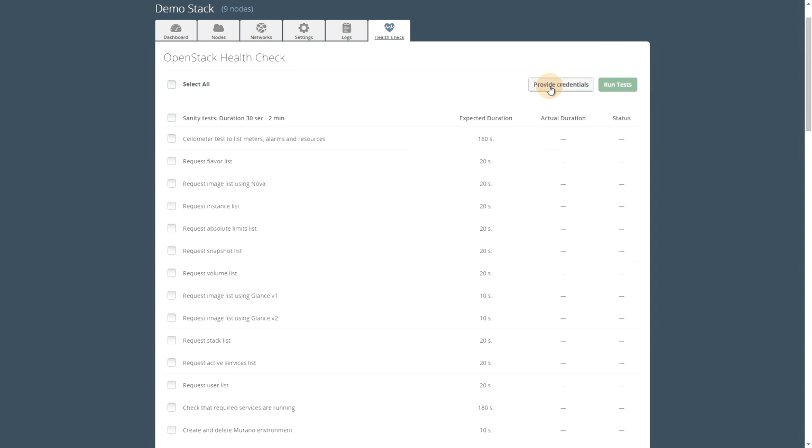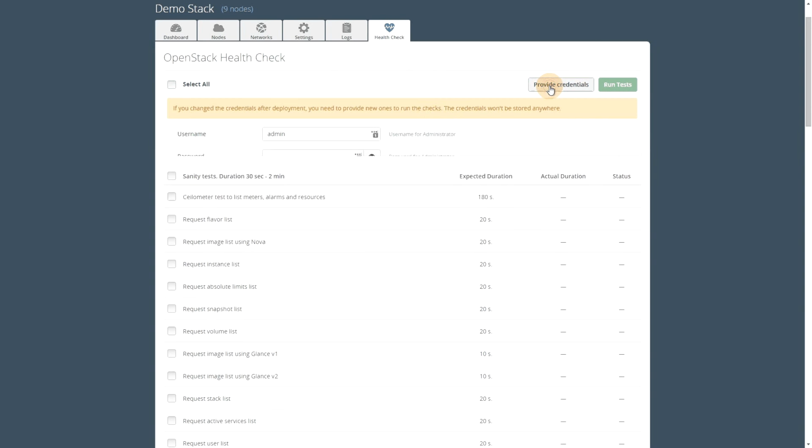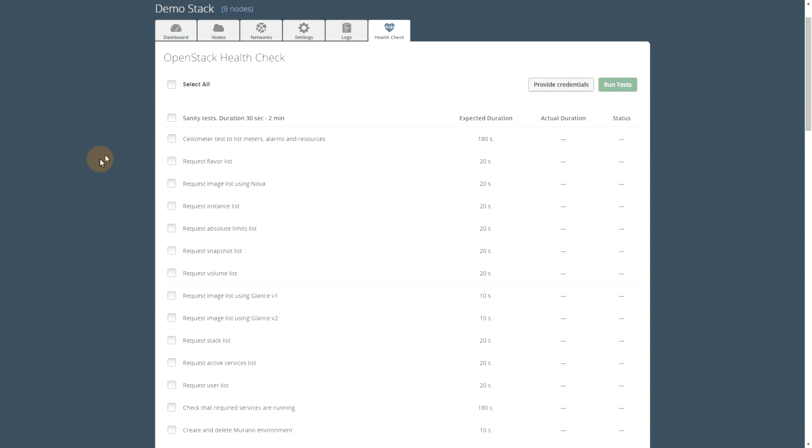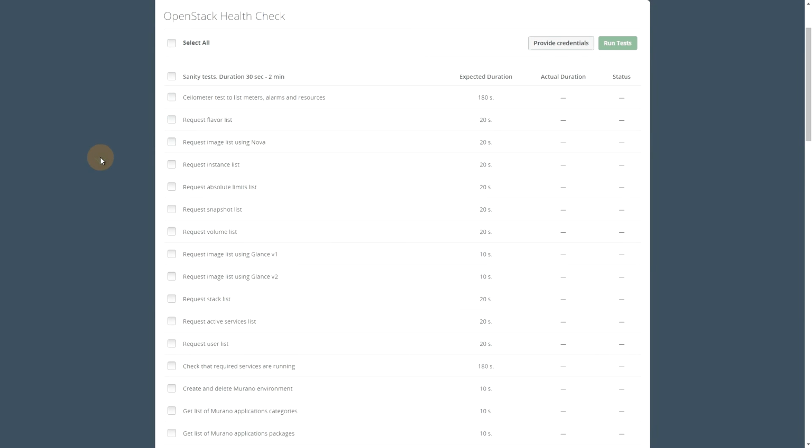If for some reason you change your credentials after the deployment, before you run the sanity check, please just put in the proper credentials, or maybe even the proper tenant if you changed anything here. So you can change it there. Going a bit into detail on the health check, it's the OSTF, the OpenStack Testing Framework, that's running there, making sure that all the basic functions of